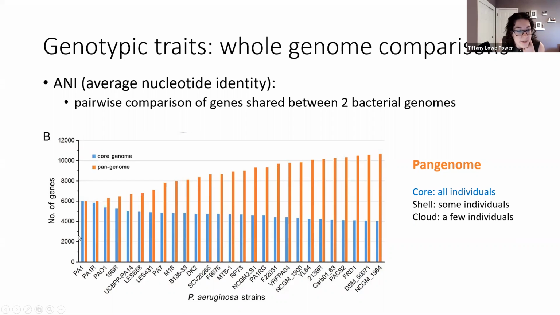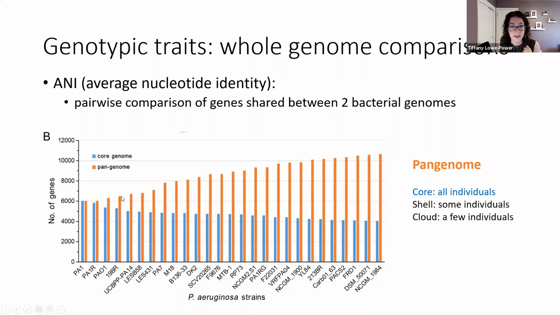If we compare multiple bacteria strains, they have variation in their genome content, but we can define what we call the core genes. These are the genes that are shared between multiple strains, and those are shown in blue. As we add more bacteria into our comparisons, you can see that the number of core genes goes down the more comparisons that you start making. But at some point it plateaus and you get a certain number of genes that are usually present in all